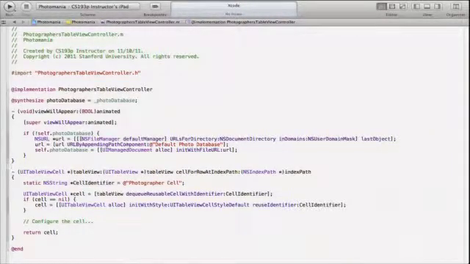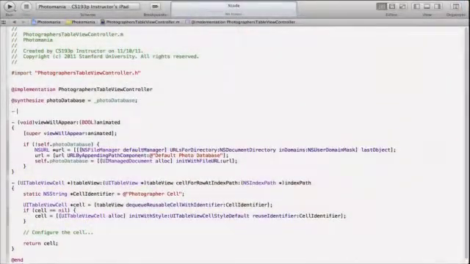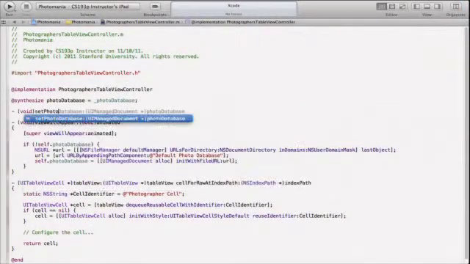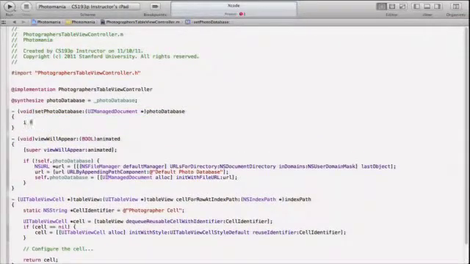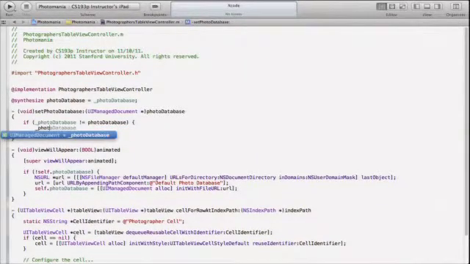Now, what about using this document? In this case, or if someone sets this document externally, I need to start using it, right? I need to set my fetched results controller basically to use its context. But how are we going to do that? And I decided the way I'm going to do that is in the setter for photoDatabase. Anytime someone sets this, as long as it's changed, so if it's a new database,